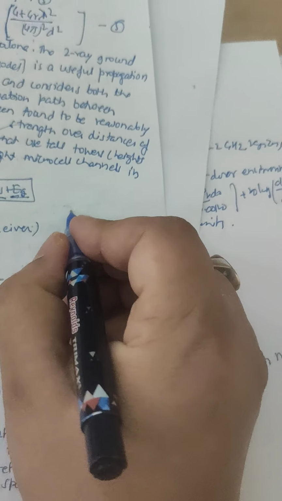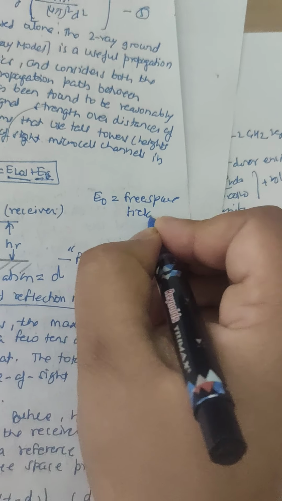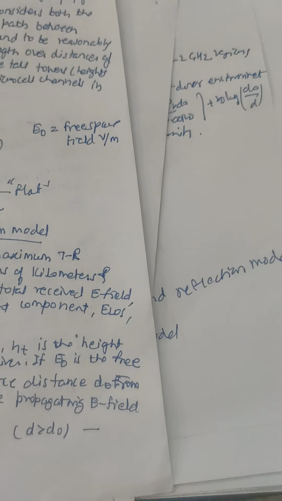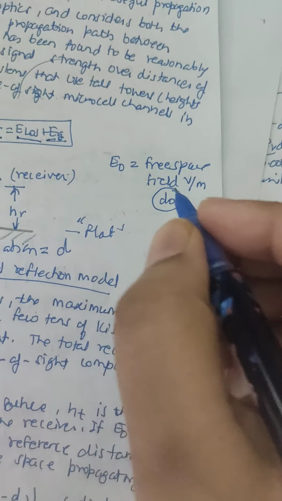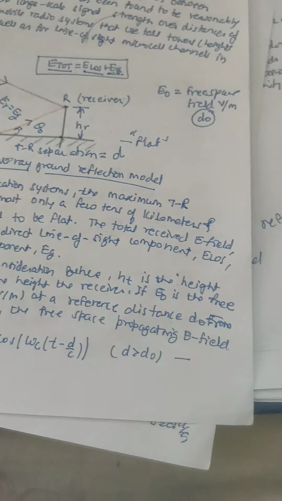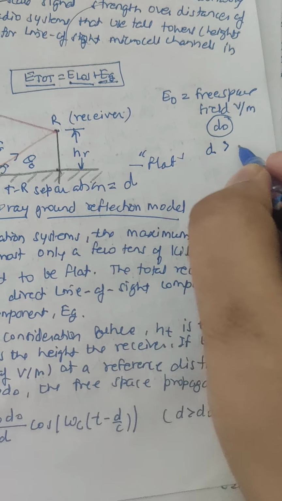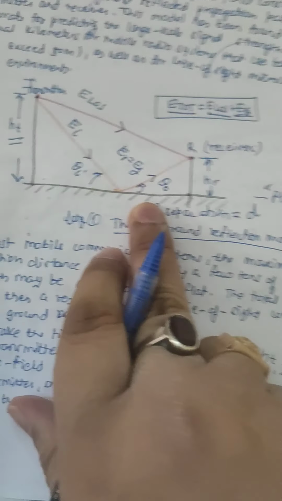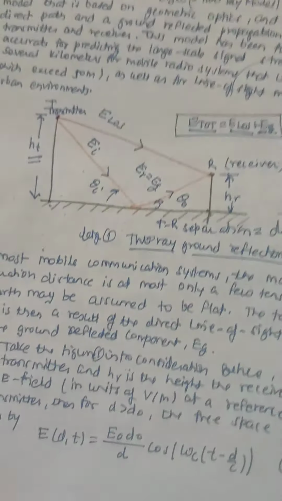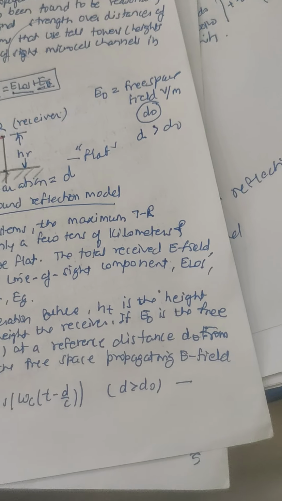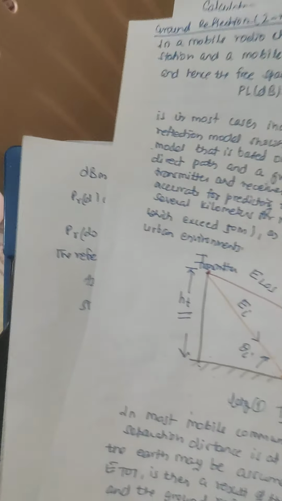So the term E naught is the free space field, unit is volt per meter, and d naught is the reference distance from the transmitter. Obviously this d naught is less than the separation distance between the transmitter and receiver. This reference point is in between. So the free space propagating E field is given by